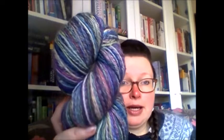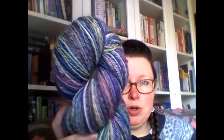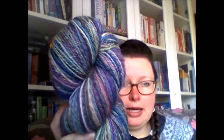Yes, anyway, moving on. To go with the dress and the cardigan top jumper thing, I'm also going to make some hand knit socks. Now this is hand spun, so is it a traditional 3-ply? Or did I chain ply it? No, I think I chain plied it. Yes. So it's a chain ply, and it's a superwash merino nylon mix, and it's the deep and meaningful colourway